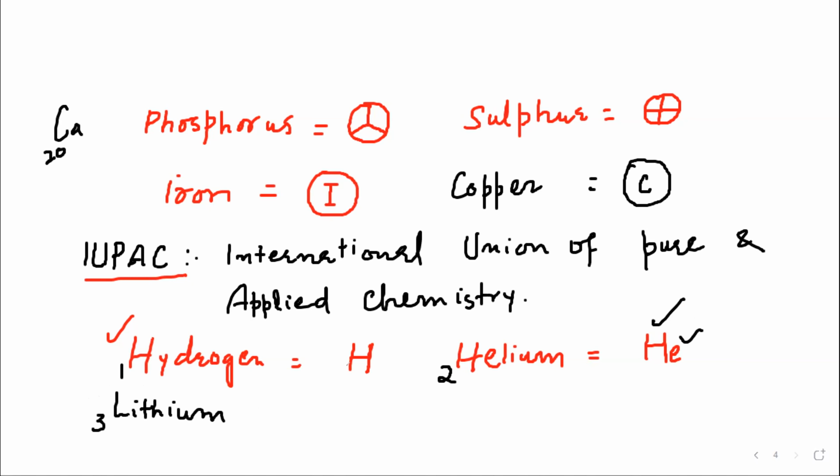So, for example, here, lithium, its atomic number is 3. Its symbol is L, first capital, and then i, the small letter. The first letter is written as capital and then we write the small letter. So the lithium symbol is Li. Then which is the next element? Beryllium. Exactly, it is beryllium. Its symbol is written as Be. Atomic number is 4, right?